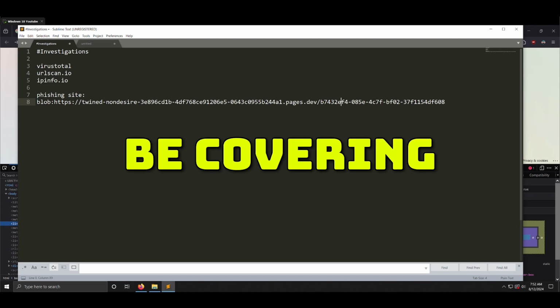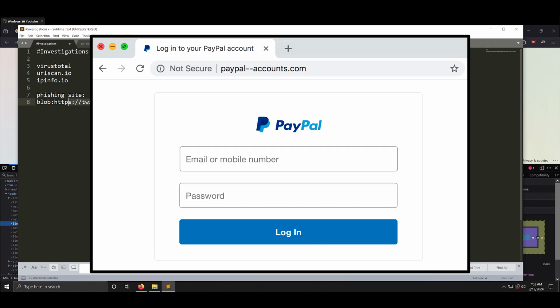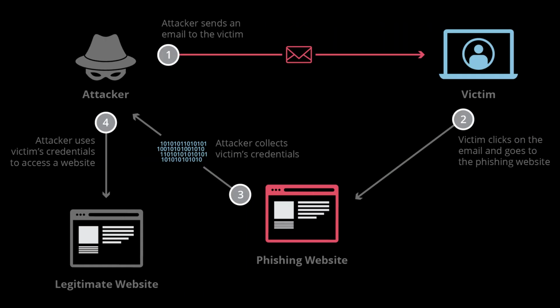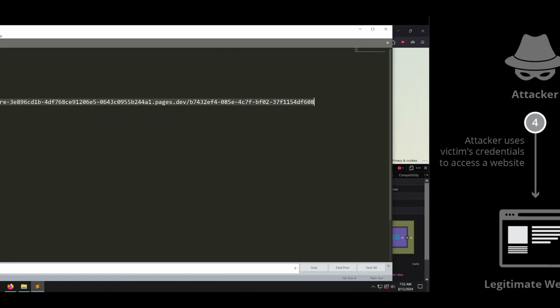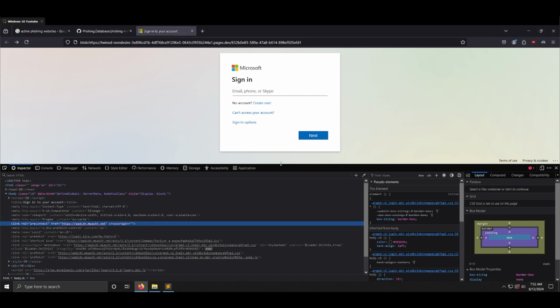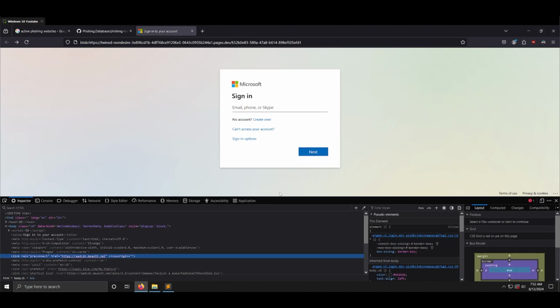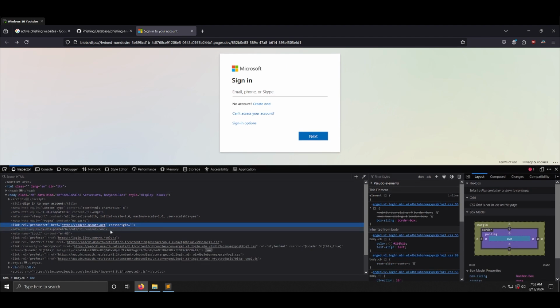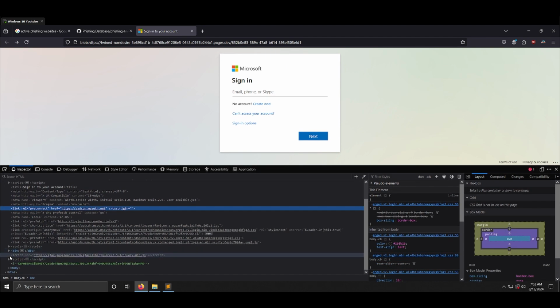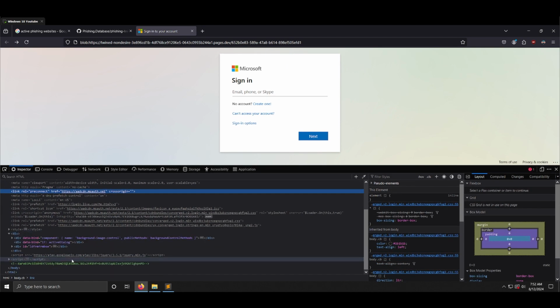I'm going to be covering an active phishing website and which tools I would use to investigate its origin and work out where it's sending its credentials to. We've got this active phishing campaign at the moment, and this is what it looks like when you load it up. And if we just go inspect element, we can then look into the script that it's running,